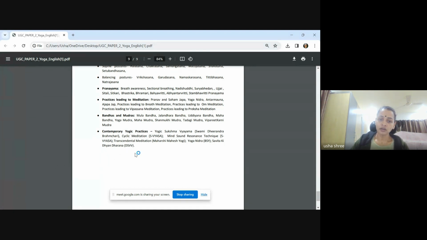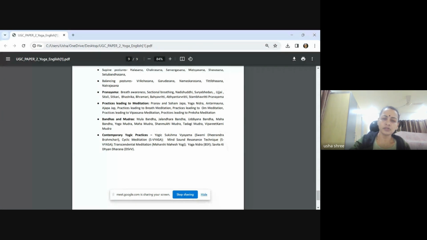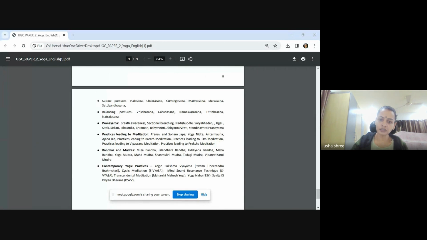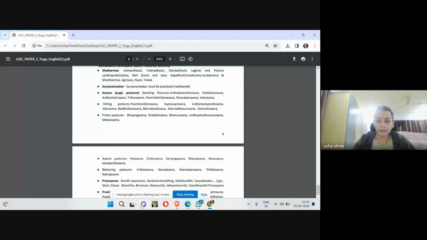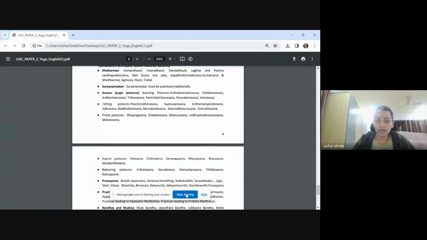Okay, so that is what is included in Unit 10. So you have to remember the procedure, the benefits, and the contraindications of each of these. Okay, so that is about paper 2. I do not have time to take you through paper 1 today. Probably I'll do it on a different day at a different time. So this is about the paper 2 topics. Now I would like to give you a few minutes for asking me questions, if in case you have any questions from what I have just discussed.